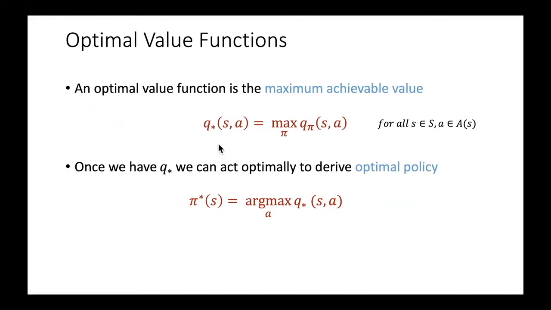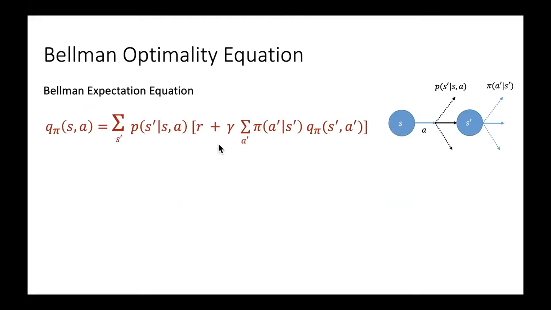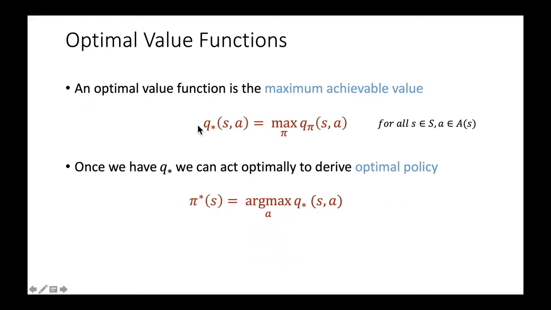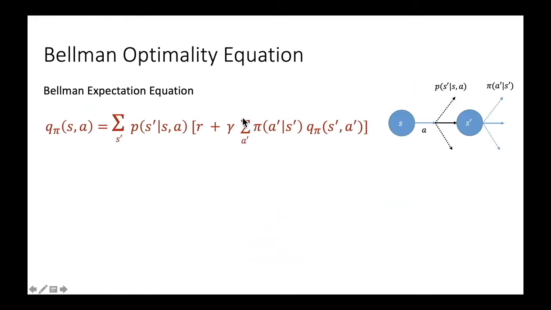Now I just have to take an action that gives the maximum Q value, and that becomes the policy for that particular state S. Let's just look at how to define what is an optimal value function and how to derive that optimal value function. The earlier equation we saw, which basically tells us what is the action value function, is also called the Bellman expectation equation, because we are taking an expectation over all possible next states, and from the next states we are taking an expectation over all possible actions in order to arrive at the